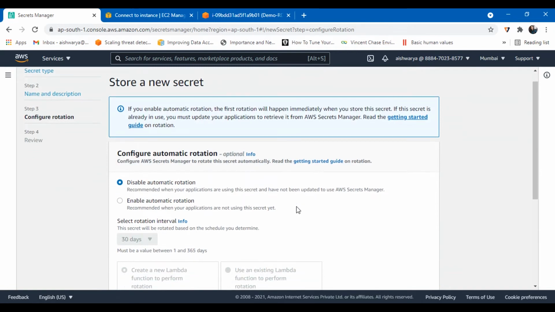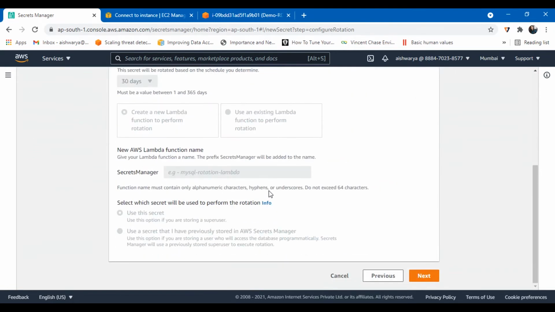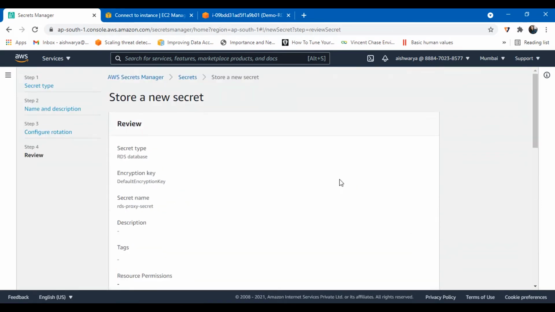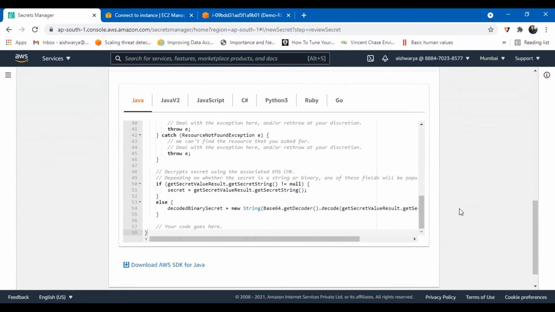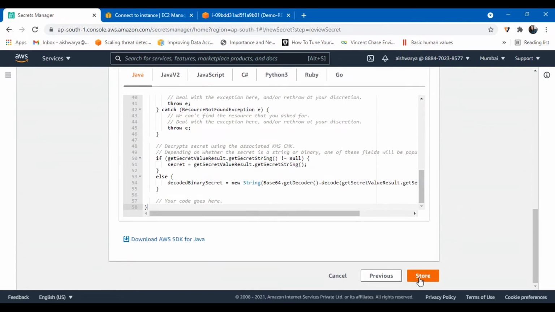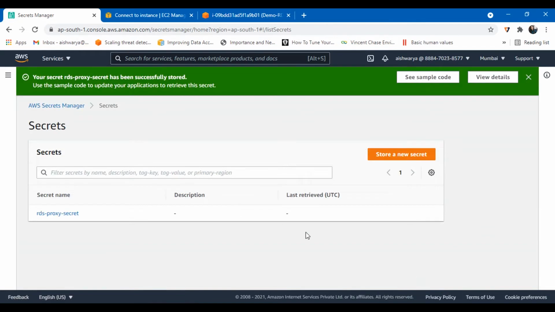I'm leaving the automatic rotation as default too, I do not want that, and click on next. So review all the decisions that I have made in the previous tabs, and I am okay. So store this one. Now the secret has been created.